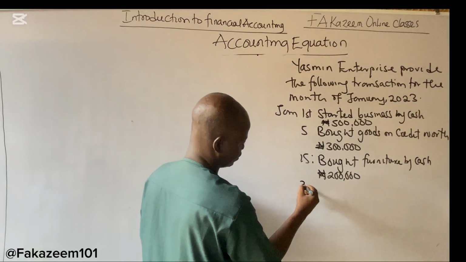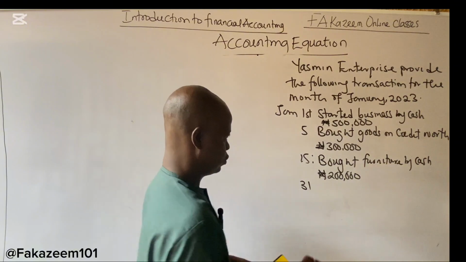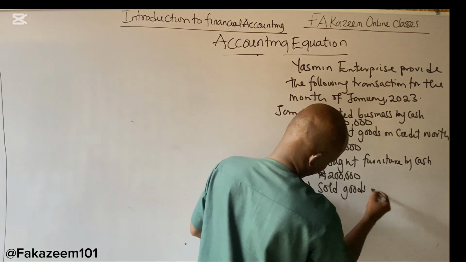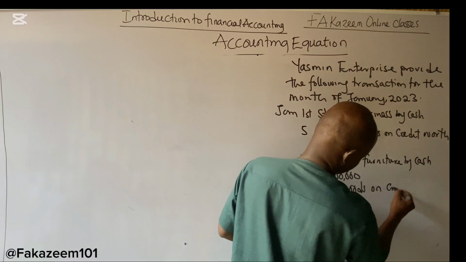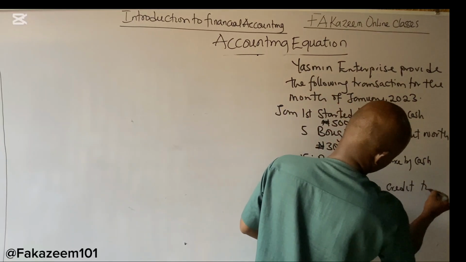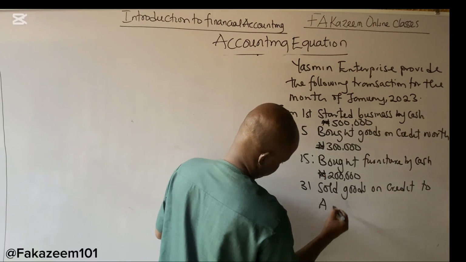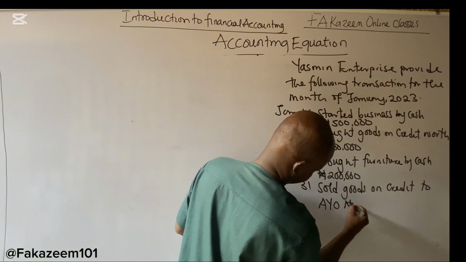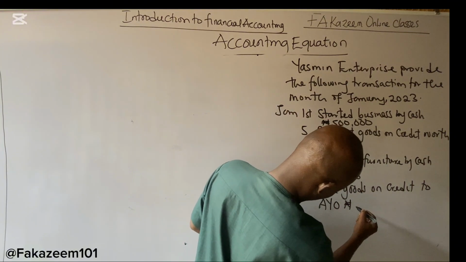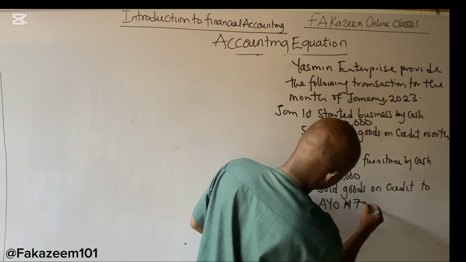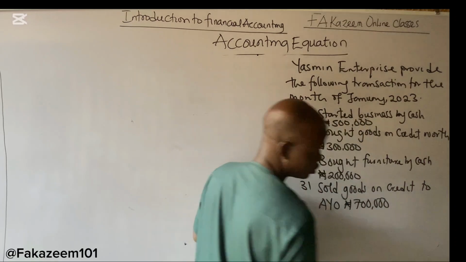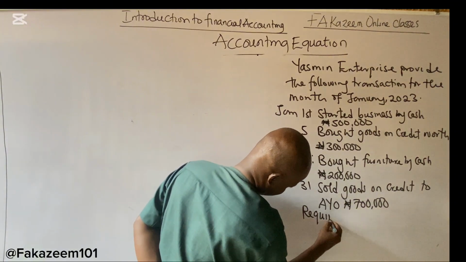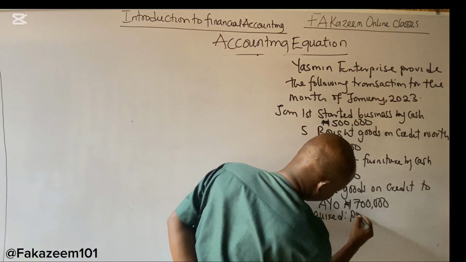And January 31st, sold goods on credit to Ayo, 700,000. Required: